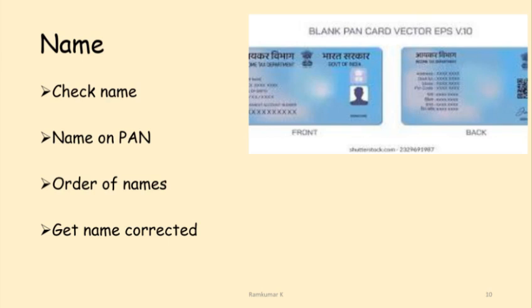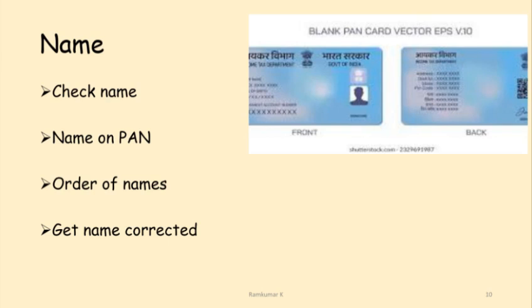The first would be to check the name appearing on the certificate, that is the shareholder name, on the obverse, that is the front of the certificate, or the reverse, that is the back of the certificate, for endorsements. This name should tally exactly with the name that appears on the PAN database or the PAN card available with you. If the name on the PAN card is different from the name appearing on the certificate, the name has to be modified to the same as that in the PAN card by approaching the RTA.